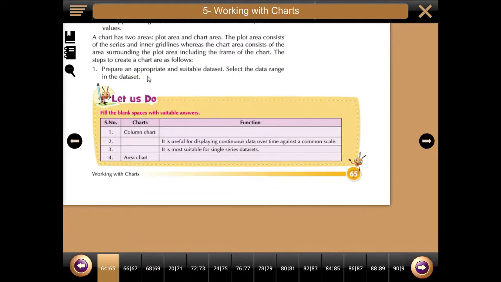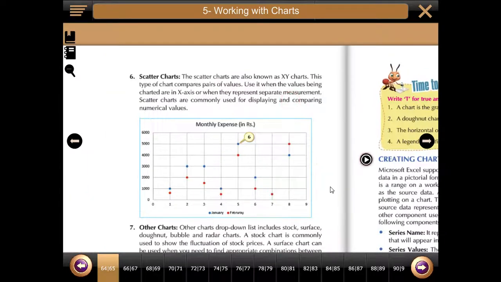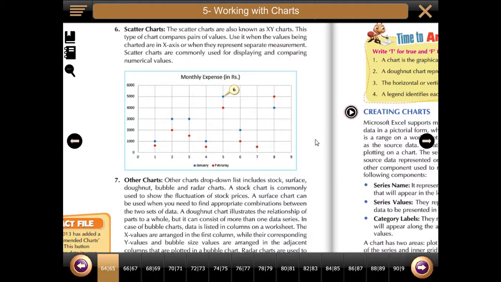And why is this chart used? This chart is commonly used for displaying or comparing numerical values. Very rarely this chart is used. See how it can be used. We will see it practically.